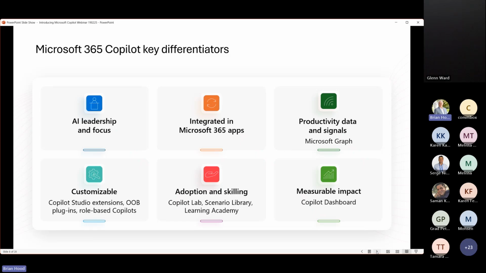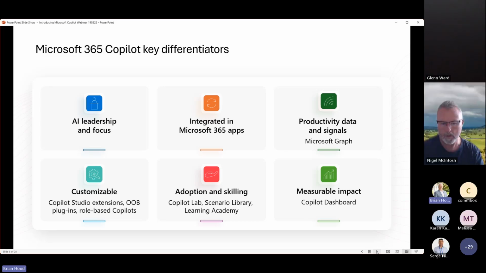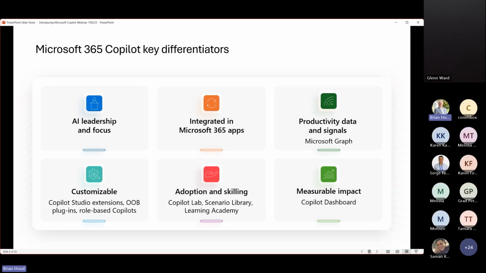Importantly, Copilot is integrated into the Microsoft environment that we all know and love. It's customizable. We use adoption and skilling using advanced Copilot tools called Copilot Lab. And importantly, business leaders are able to measure the impact that Copilot is having on your business.